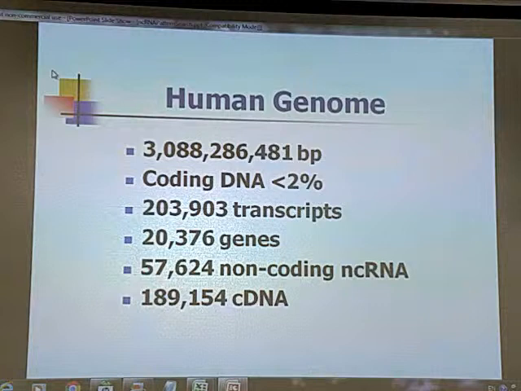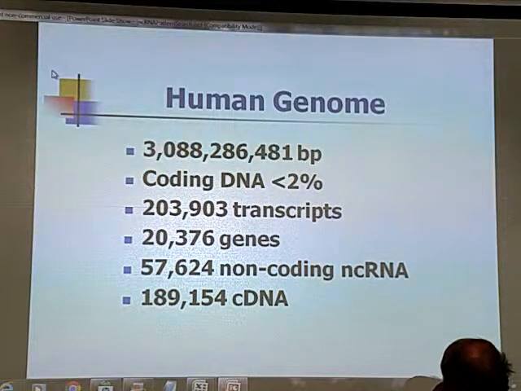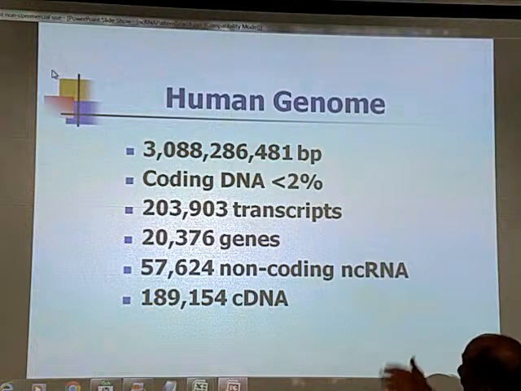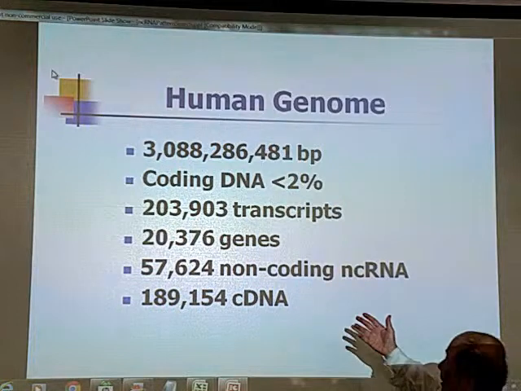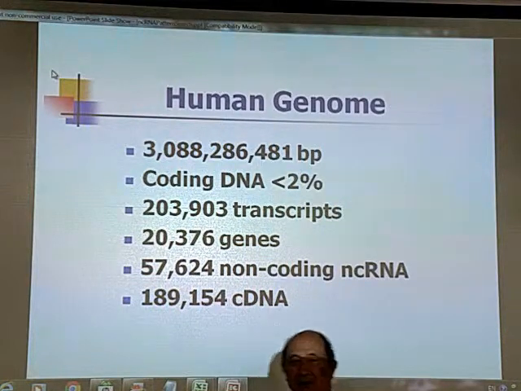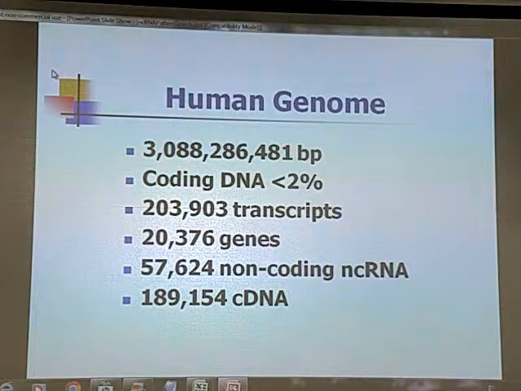Besides the coding DNA, there are 200 million transcripts being reported, and among these transcripts, only 20,000 protein genes are identified quite consistently. People already thought that we had 100,000 genes, but so far